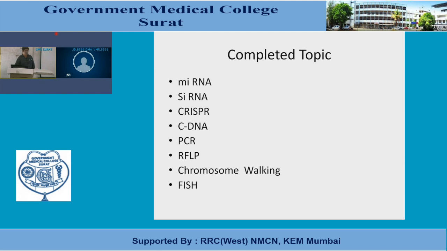The next one is FISH, fluorescent in situ hybridization. In FISH, first we make the stage a metaphase. In metaphase we do the arrest, with the drug colchicine, and according to the arrest we can get how many chromosomes are there, and whether there is chromosome aneuploidy, triploidy, etc. Even if there is a chromosome translocation, we can also get it.